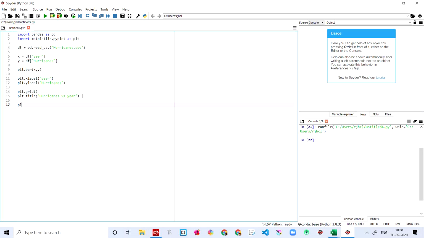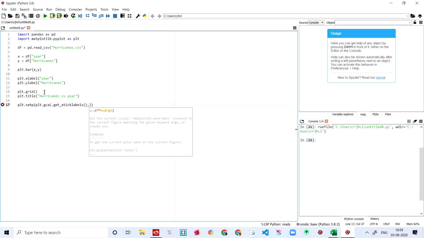Then I'm saying plt.setp. As you don't know this statement, I'll be explaining it. Just let me complete. I'm saying plt.gca().get_xticklabels(), comma. Okay, so I have made a mistake here. There should be parentheses.